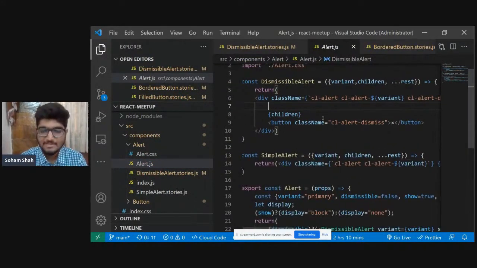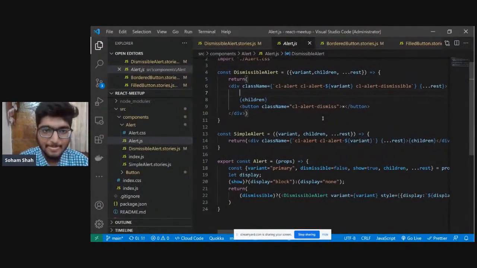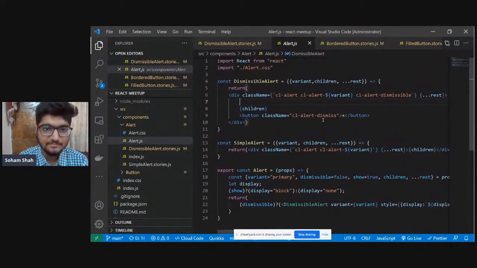Let me zoom out a bit. For alert variants, we have a simple alert and a dismissible one.